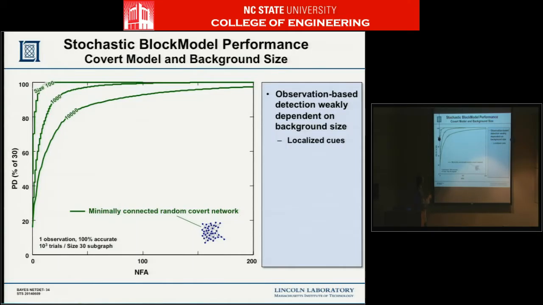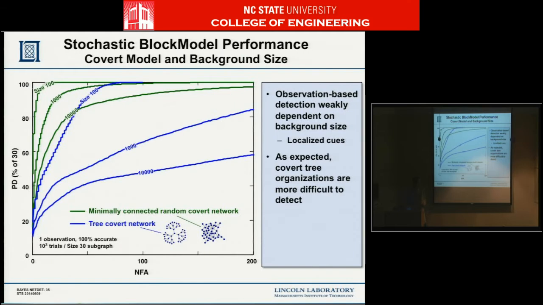So here's a result showing the probability of detection versus the probability of false alarms, or in this case, the number of false alarms for a random network. And this is the size of the network. So now this quantifies how this task is getting more difficult as the order of the graph increases. Basically, as the order of the graph increases, there are more places to hide, so you'd expect your ROC performance to go down.